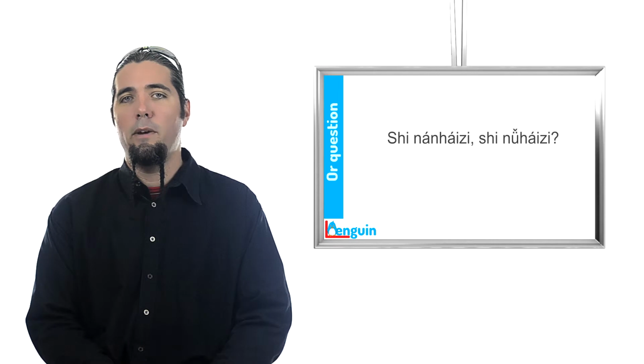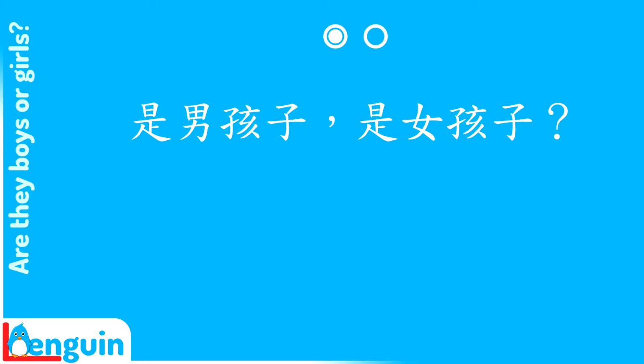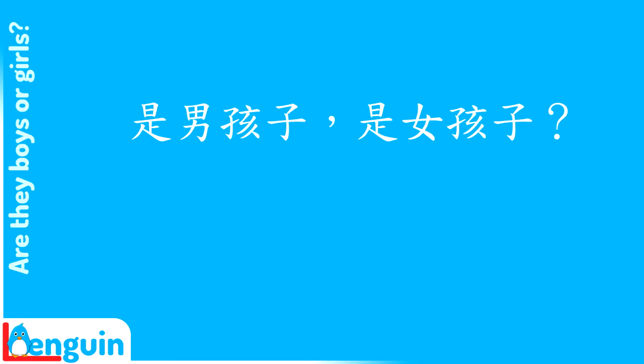It's very common to form an or question by simply offering the alternatives one after another. However, the verb must be repeated with each alternative. As in, 是男孩子是女孩子。 Repeat. Are they boys or girls? Again. 是男孩子是女孩子。 How do you say, are they boys or girls? 是男孩子是女孩子。